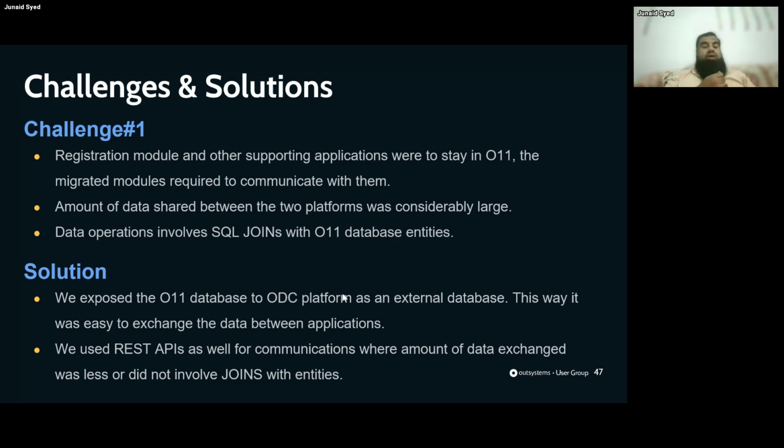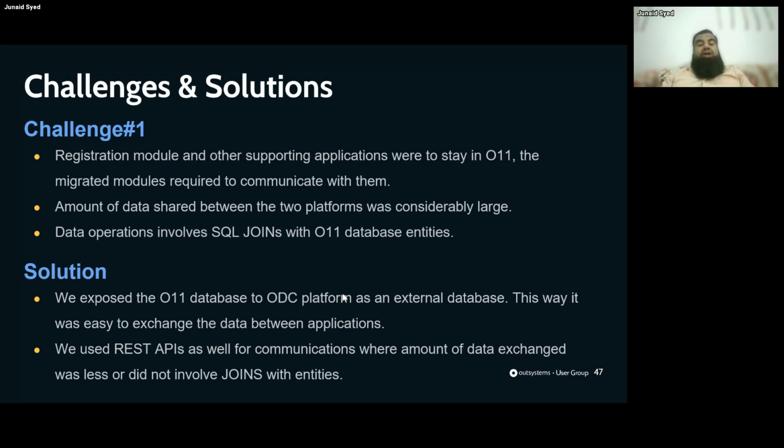So now all the O11 entities were available to the ODC platform, and our ODC applications were able to directly consume the data from O11 database entities. So this was the key challenge we had about the exchange of data, and a lot of data, because of the coexistence approach. And instead of going with the APIs in all the cases,